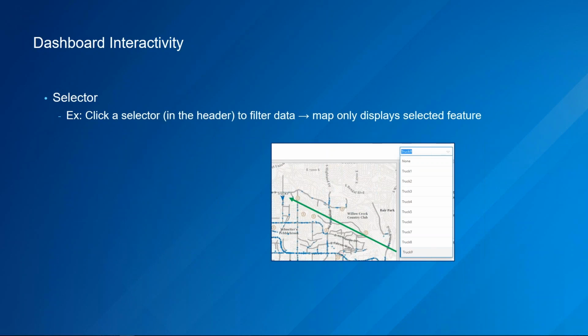Finally, I want to explain this idea of a selector. A selector is actually a user interface control. So it's usually a button or a drop-down. In this case, you can see by the screenshot, I have this drop-down list, so a drop-down selector where I can pick a truck and then zoom to that truck in my map display. And you can have many different types of selectors based on category data, numerical data, or by dates. But let's take a look